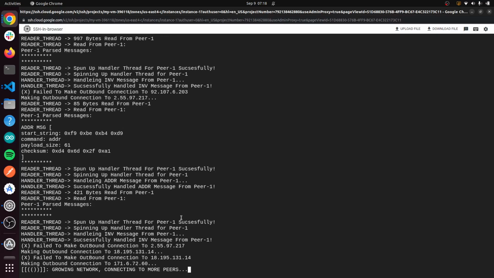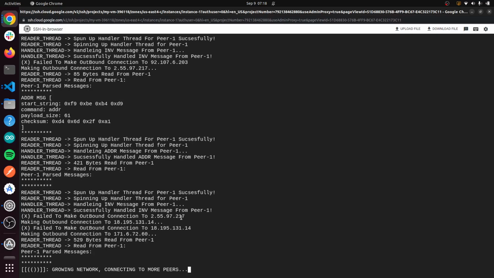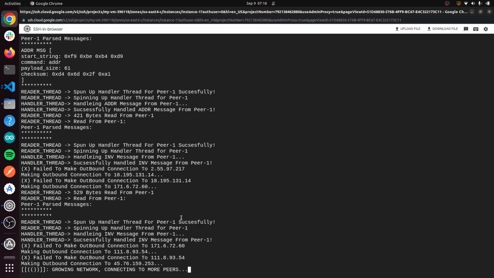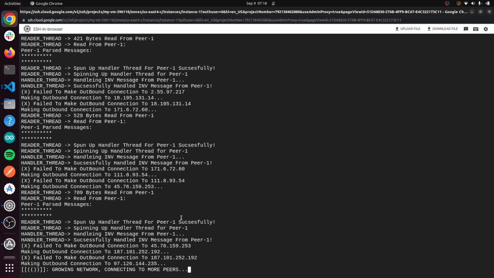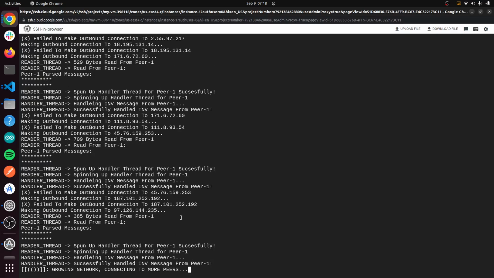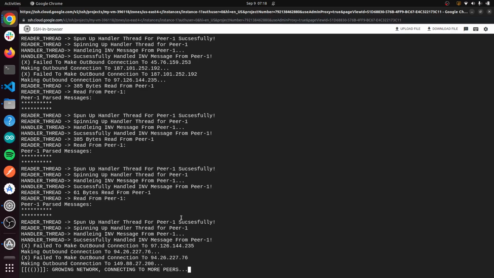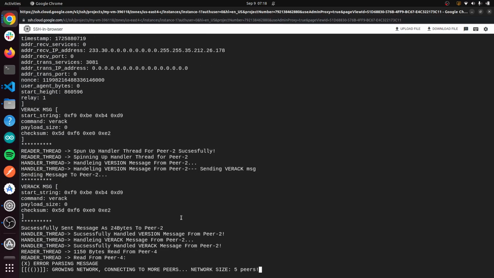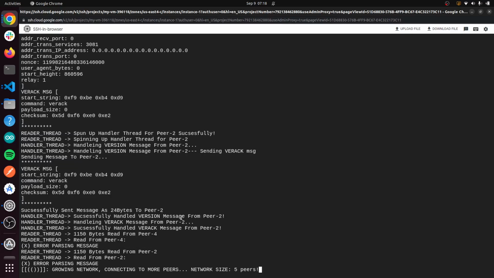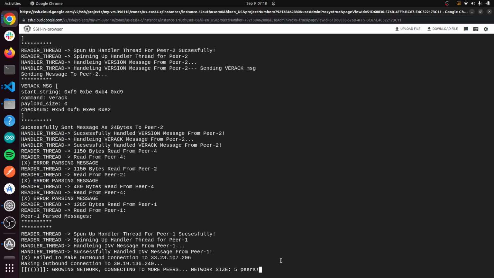So we're getting some address messages, but I'm not sure if we added one yet. It seems like we're failing to make a connection to many of these peers. Well, it seems like we just added two more peers because now our network size is five.